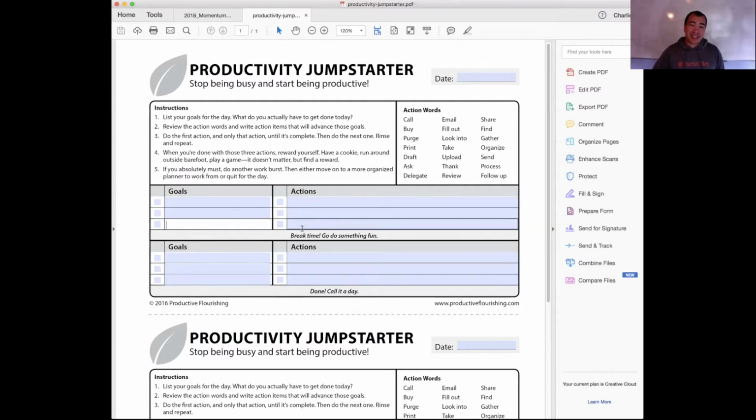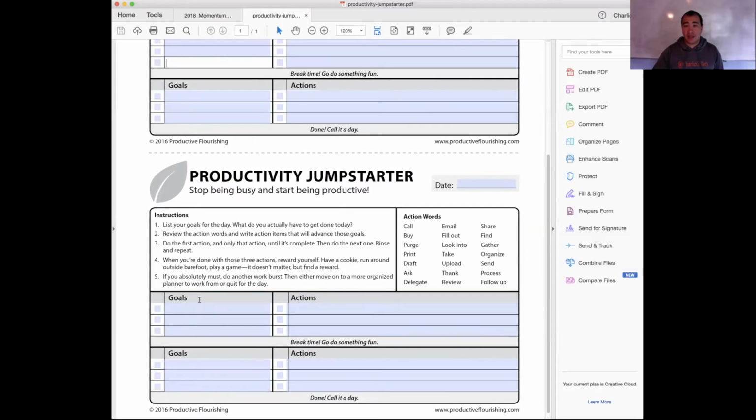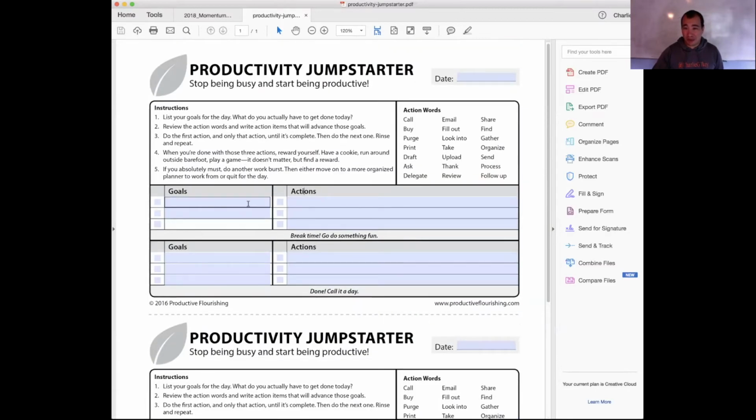Now, it depends on what these are. You might not be able to call it a day after 2 runs, but the whole idea is once you get going, it's easier to keep being productive. But when you're in that sort of, I'm not sure what to do, so on and so forth, then it's super hard to get going. So that's what the productivity jump starter does. It's got the little lines here because I imagine that people can cut them. You don't need the whole thing. Think of it as a very structured note card that you could write something down on and get things going. Okay. So Arden, did that answer the question for you, or did that work for you? Let me pull that back up.